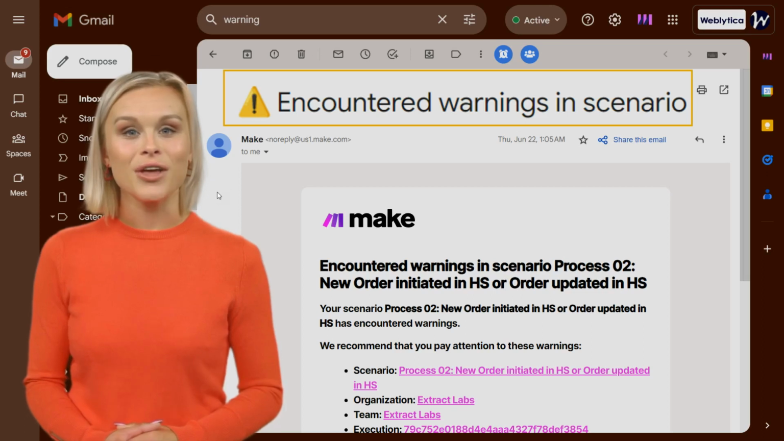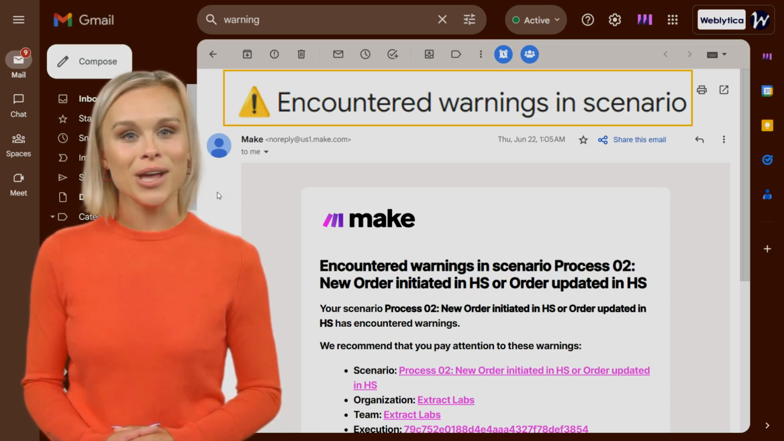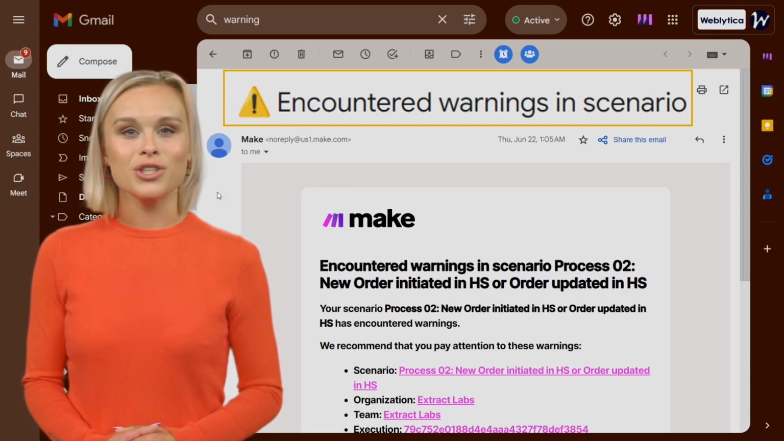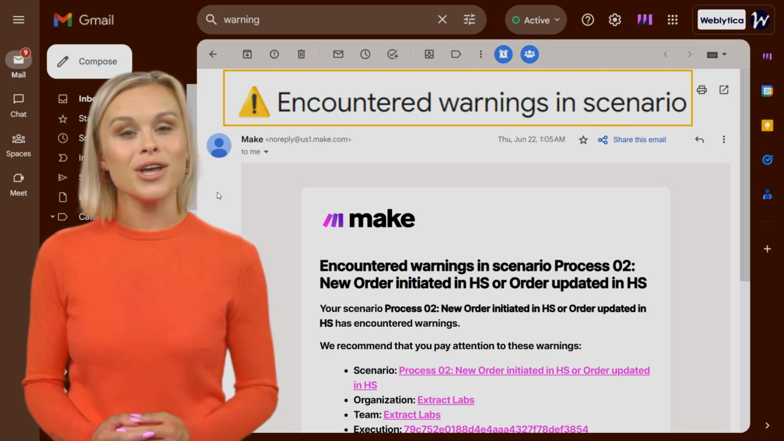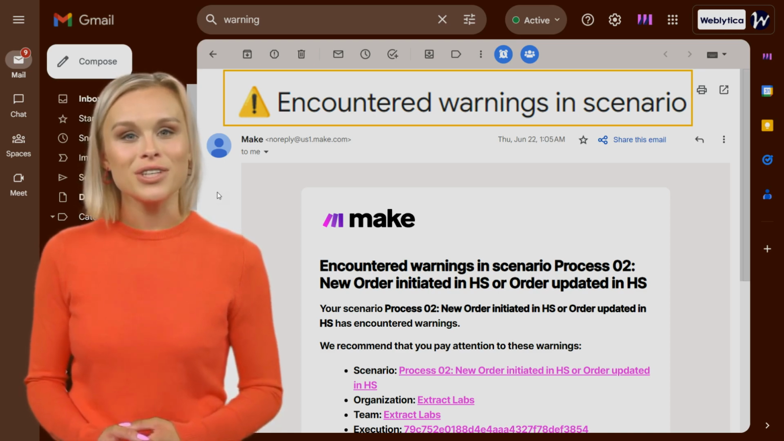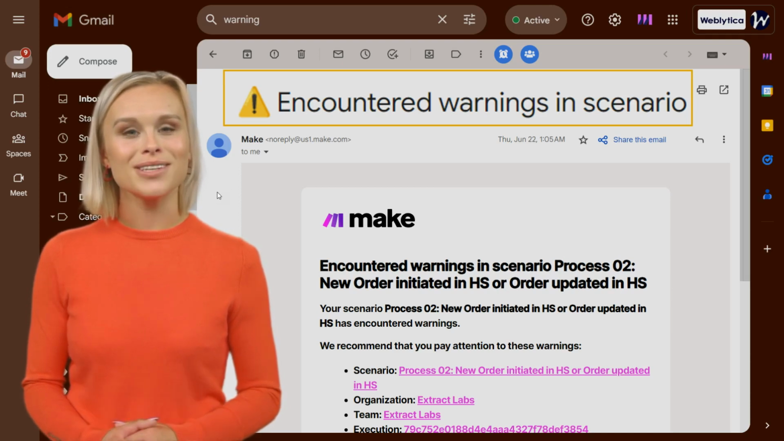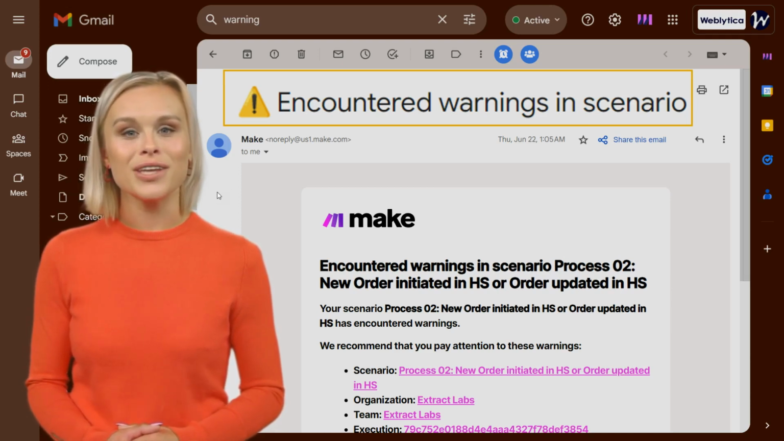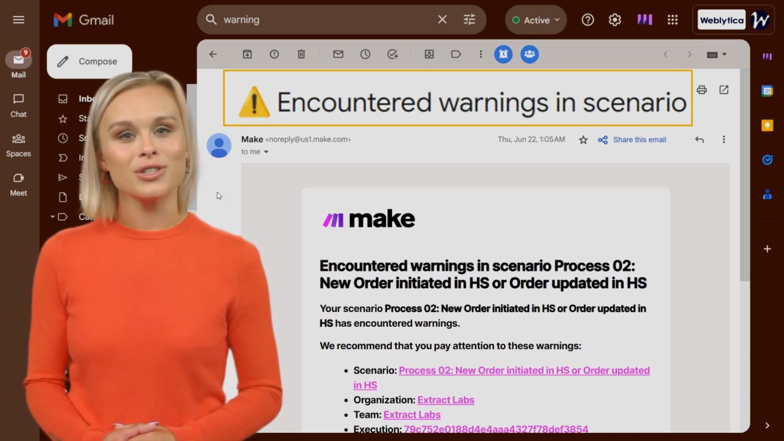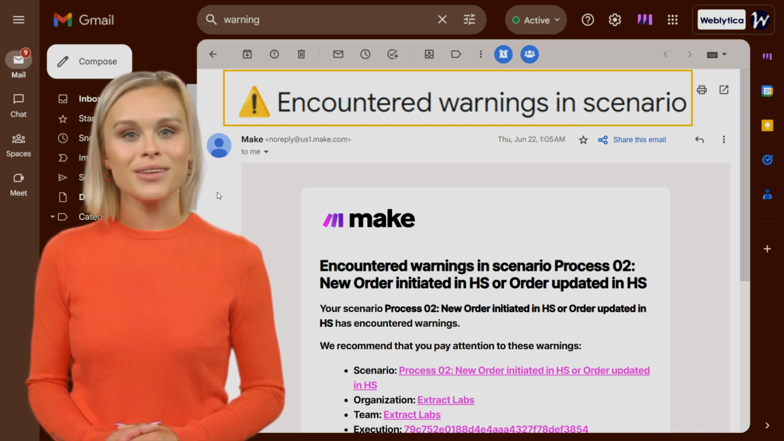The Warnings in Scenario Run email is one of 3 global notifications that Make automatically sends out when there are troubles with your scenario. This email notifies you when there are warnings encountered by your scenarios that need your attention, such as failure to connect with your apps and services. You can identify this email by the yellow triangle in the subject line, followed by the words Encountered Warnings in